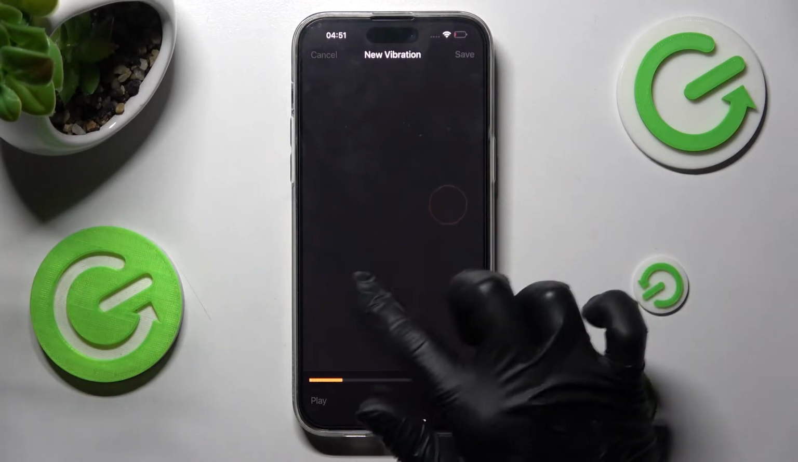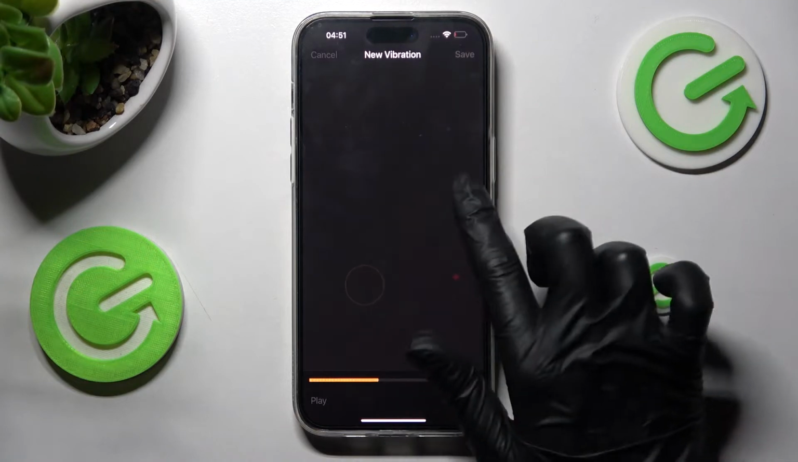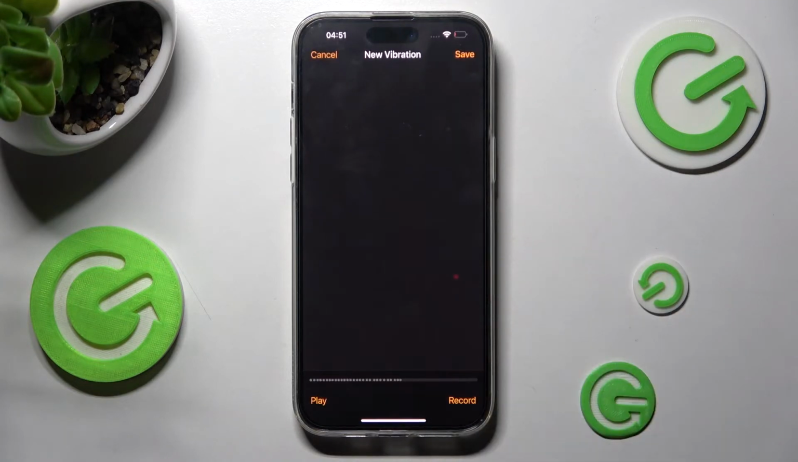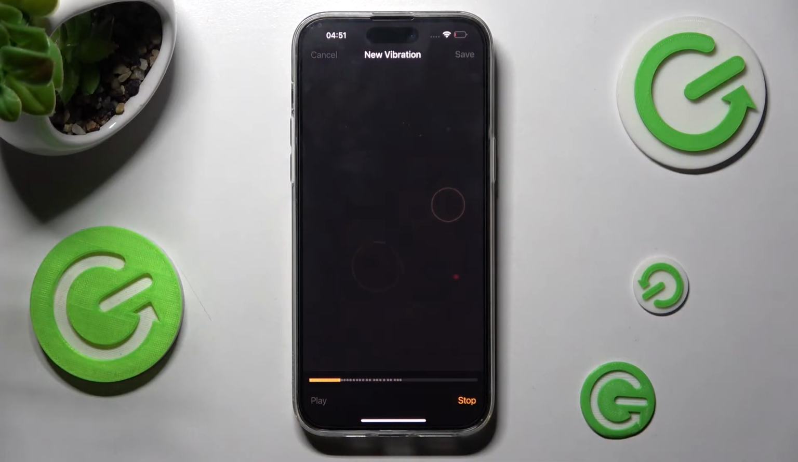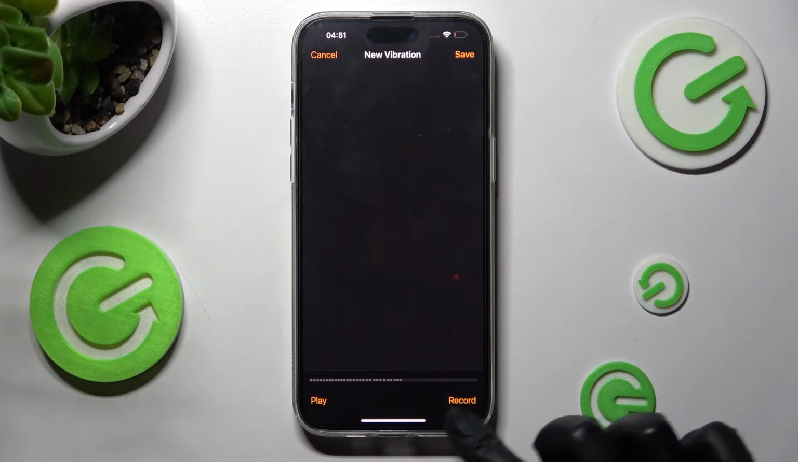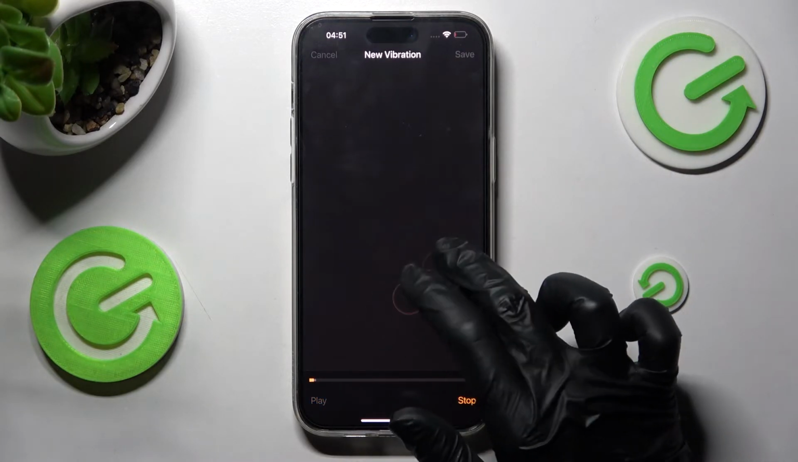First of all, you need to tap it in and then choose Stop at the bottom right corner. Now you can play it by clicking on the bottom left one. If you want to redo it, you need to click on Stop and then select Record at the bottom right corner as well. Then repeat it,